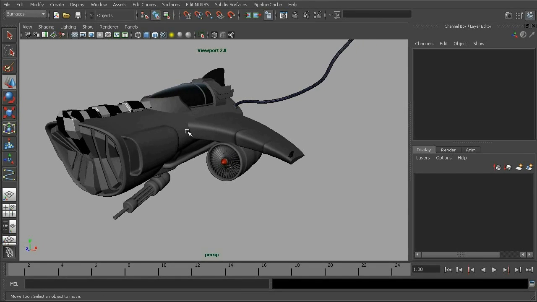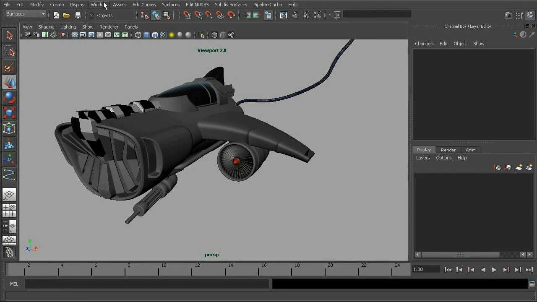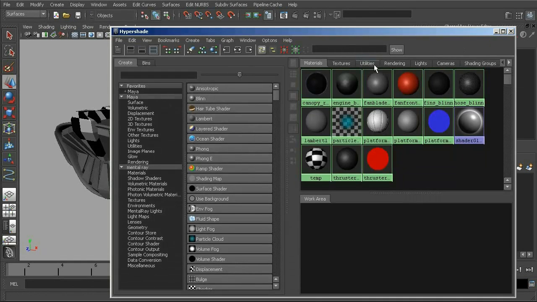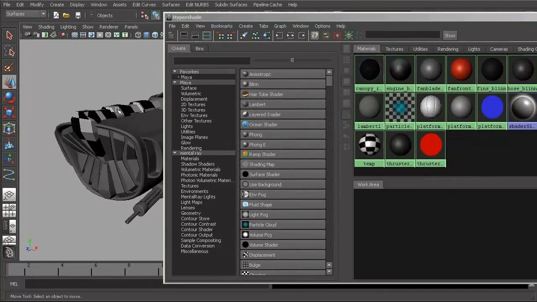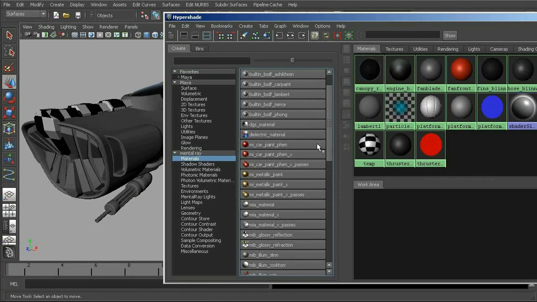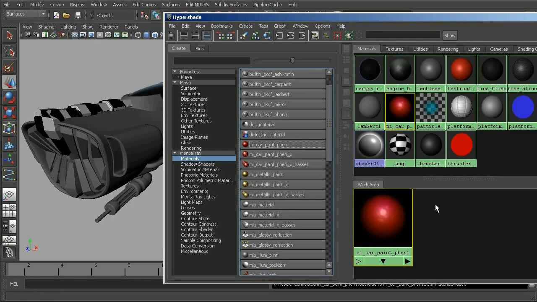Okay, and you can sort of set that up on your own, but if you want to just add it, here we have the ability to do that. So let's go into our Hypershade, and we're going to this time go to Metal Ray Materials, and right down in the middle you'll see this car paint phenomena right in here. So we'll go ahead and bring that up,